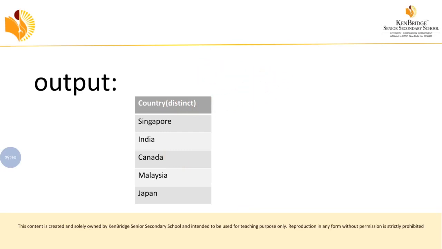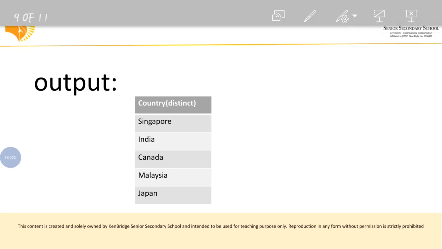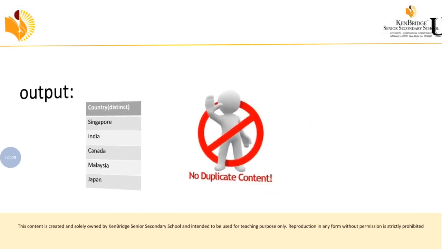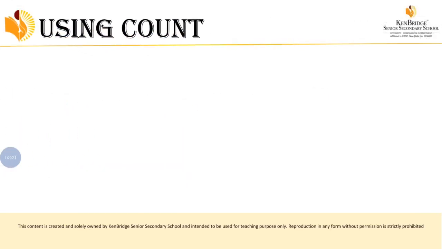Without distinct, you may get a lot of duplicate values. Whatever is present in the table you will get, whether it is repeated twice, thrice or n number of times. However many times it is present in the given table, the same thing you will have in your output too. But when you use the word distinct in your query, you will get distinct values in your output. This is the difference between the select statement without distinct and select with distinct. So let's move on to the next one. Here there is no duplicate content. That is a basic thing.